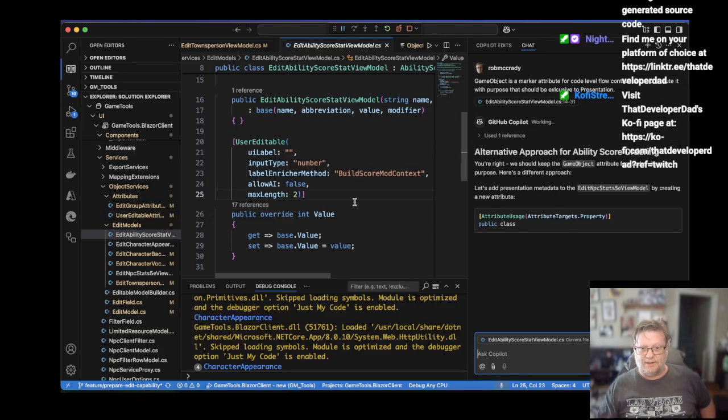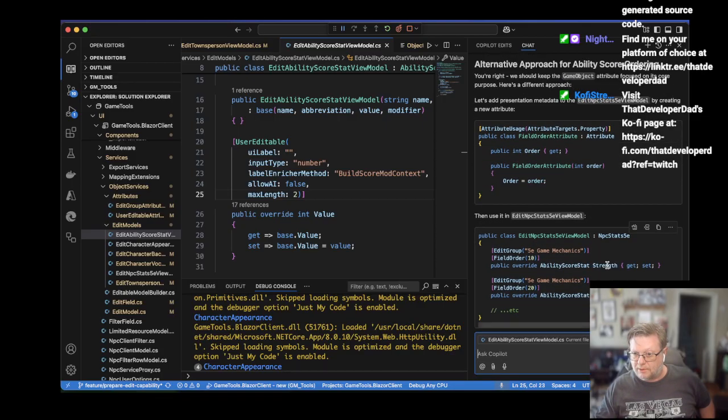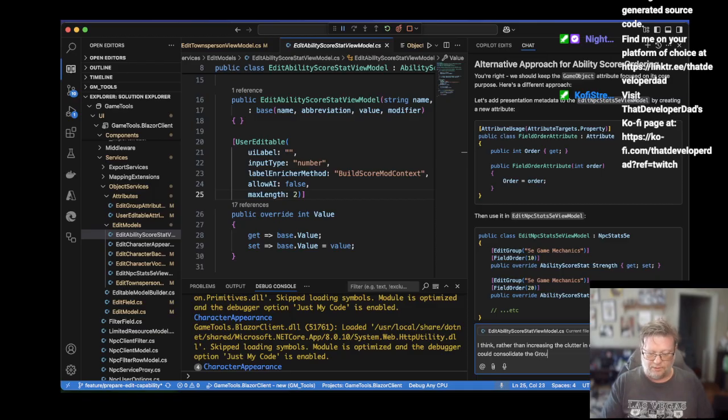Now, this is the field spec. Presentation metadata to the edit NPC by creating a new attribute, field order attribute. I think rather than increasing the clutter in our view model classes, we could consolidate the grouping